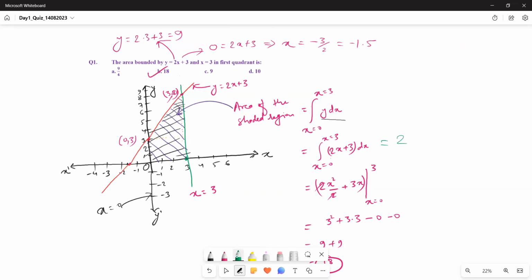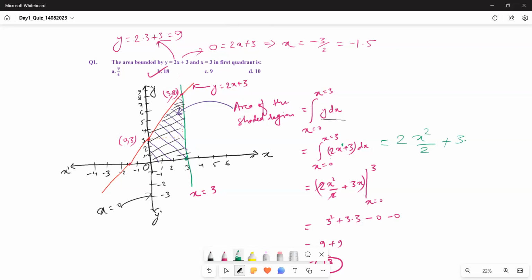So integration of x is what? x square by 2, since the power of x is 1. When you integrate x dx, it becomes x to the power 1 plus 1 by 1 plus 1, that is x to the power n plus 1 by n plus 1, right? Similarly, when we integrate a constant,